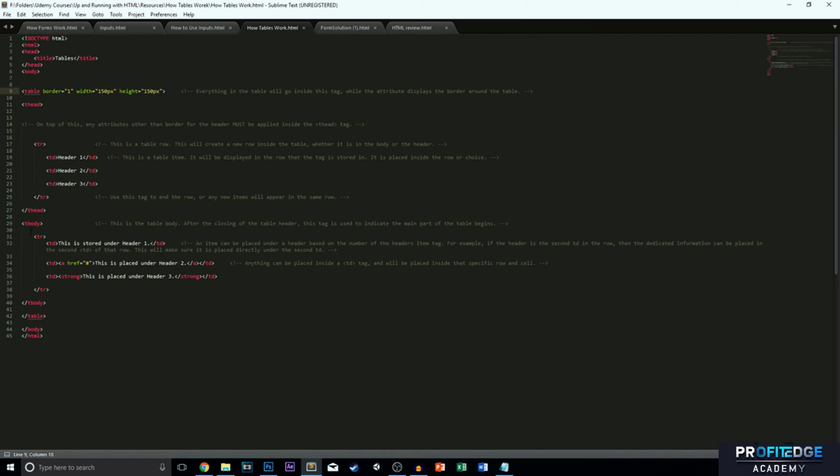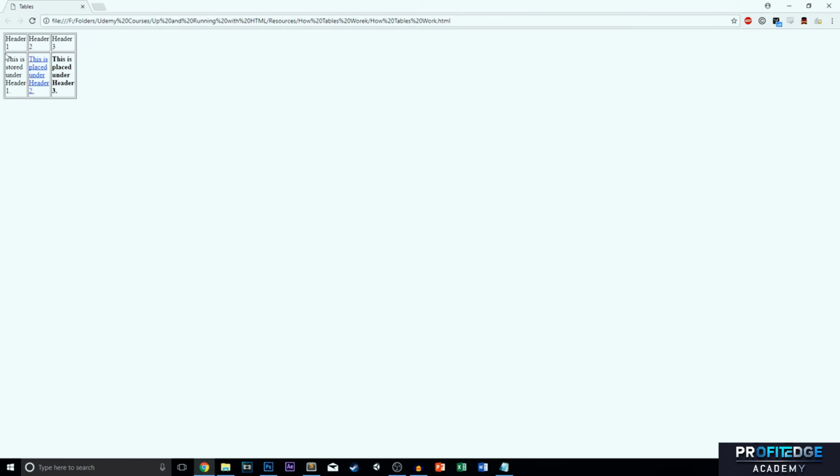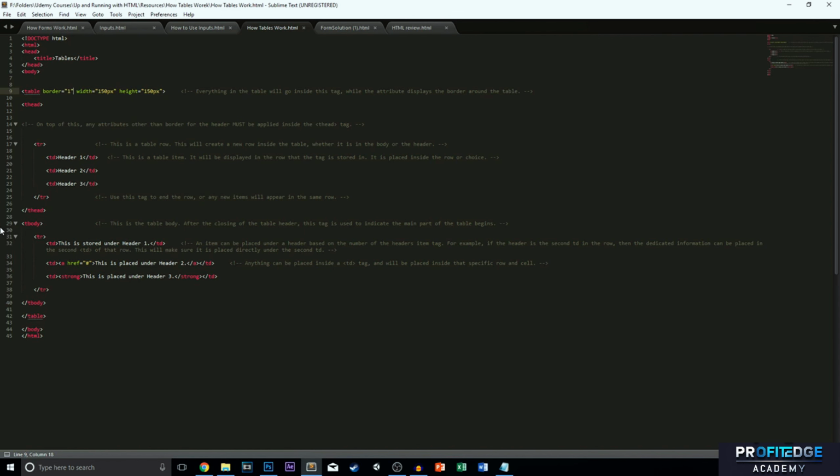So now that you know about all of the tags and how they work, I want to actually tell you how you can place text directly under a certain header. So you can see here that it says header 1, this is stored directly under header 1. So how do you do that? Now, it's really basic math. All you have to do is know the number or the sequence in which the TDs come. So let's say we have header 1, header 2, and header 3 here. And I want this to come under header 2. Now, if you haven't already figured it out yet, the TD of the information needs to be the same number